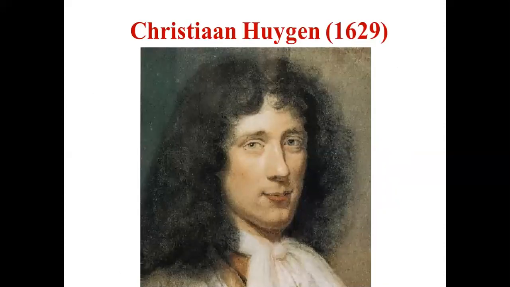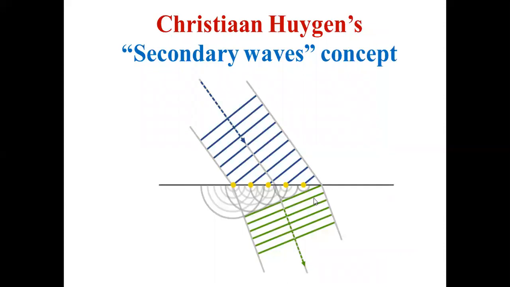Okay, what did Christian Huygens say? According to his theory, light has a primary source. Any primary source of light emits its own waves, and when those waves move in a particular direction, some points in the path of the light will be in phase, and when these in-phase points are collected together, we get a wavefront, and so on and so forth. We will go deep into this. First of all, we will see what theory was given by which scientist, and then we will go to Huygens' theory in detail. Now, Christian Huygens' theory of secondary waves.